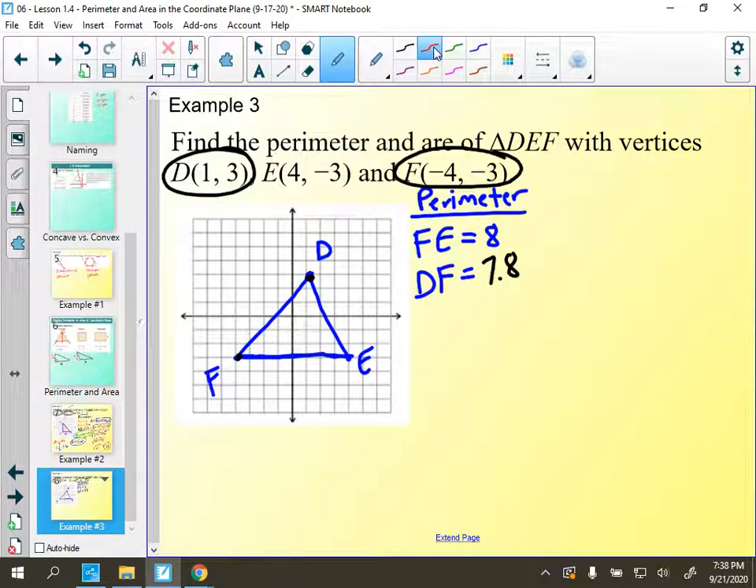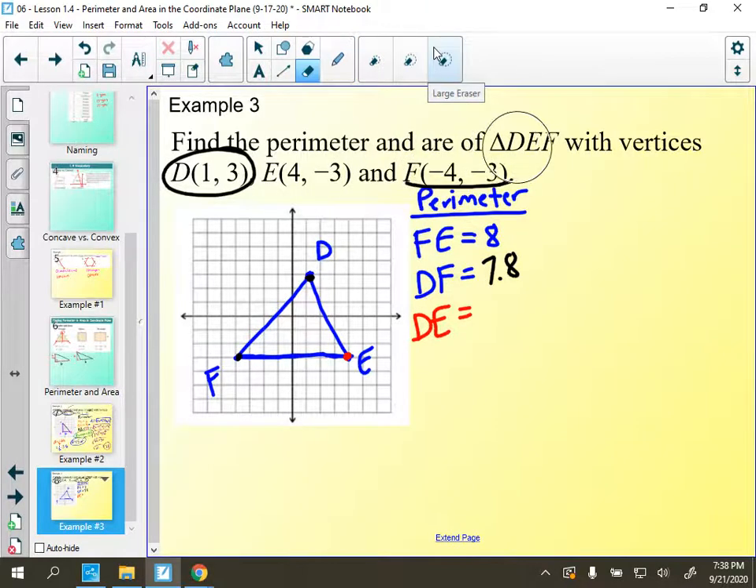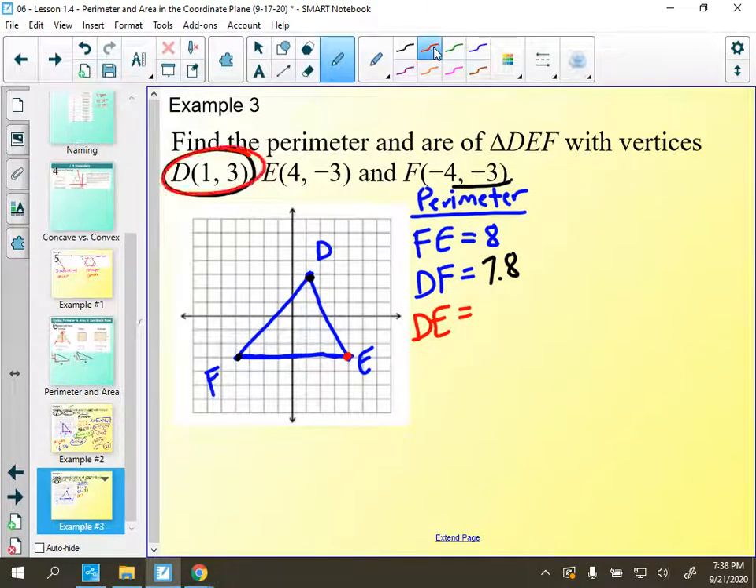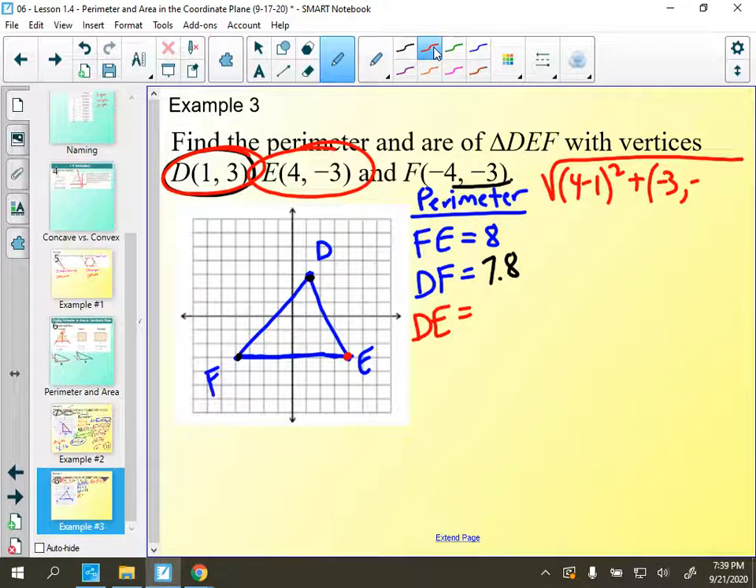We've got segment DE. Let's figure out how long this one is. Same thing, using our distance formula. I got to clear off here. I don't want to repeat that process. That's just going to tell me the same thing. So we want to be working with points D and E this time. So we'll go to our big square root here and go 4 minus 1 squared, and then negative 3 minus 3. Whoops. Negative 3 minus 3